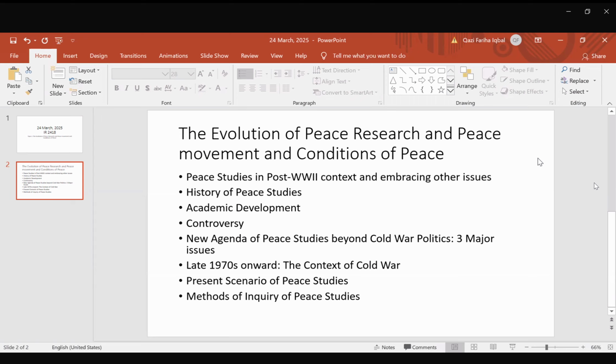Each party was acquiring different kinds of nuclear weapons. They were acquiring different kinds of technology. All those political developments pushed peace researchers to study how they could prevent a possible nuclear war, because that was the main concern during the Cold War era. So the early development of peace research was greatly conditioned by this East-West nuclear arms race and the very threat of a catastrophic nuclear war.